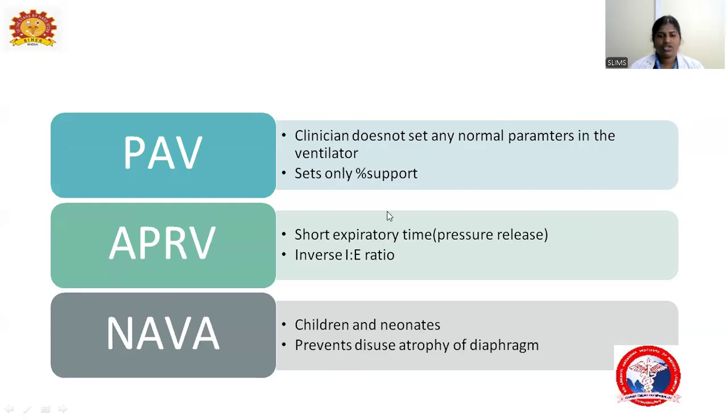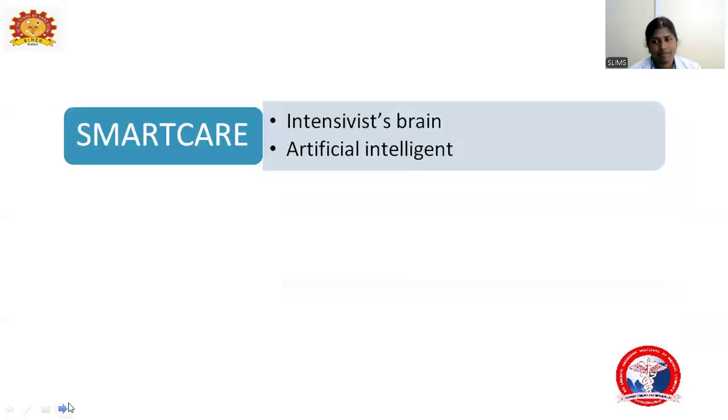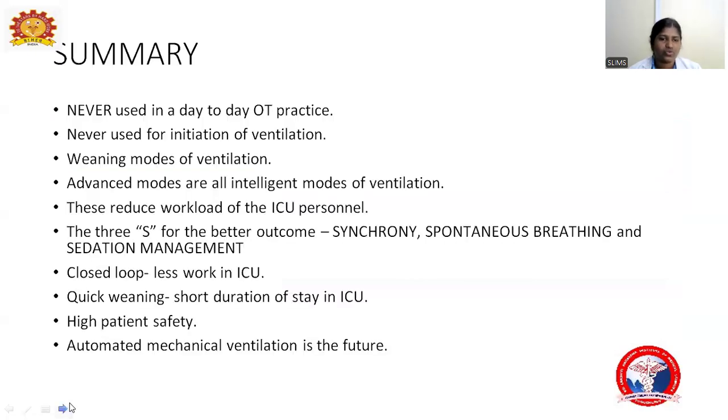And in PAV, the clinician does not set any normal. It provides only a percentage of support. And in APRV, there is a short expiratory time, or short expiratory pressure release, which will provide an inverse I:E ratio. In NAVA, it can be used in children and neonates, and it prevents disuse atrophy of the diaphragm. And in SmartCare, NeoGanesh, this is also called the intensivist's brain, and artificial intelligence is also used. So to summarize,